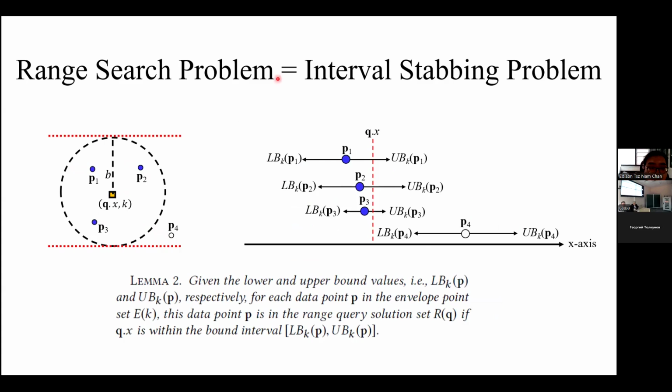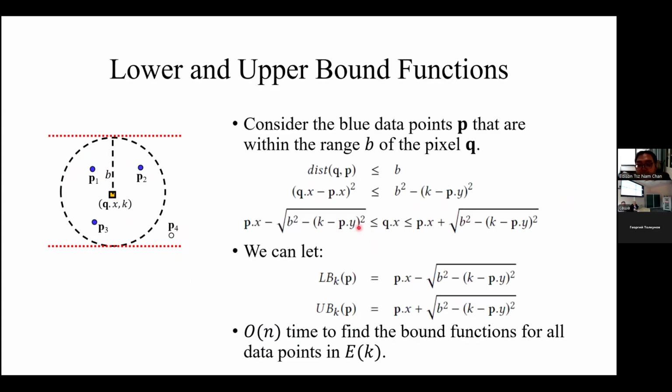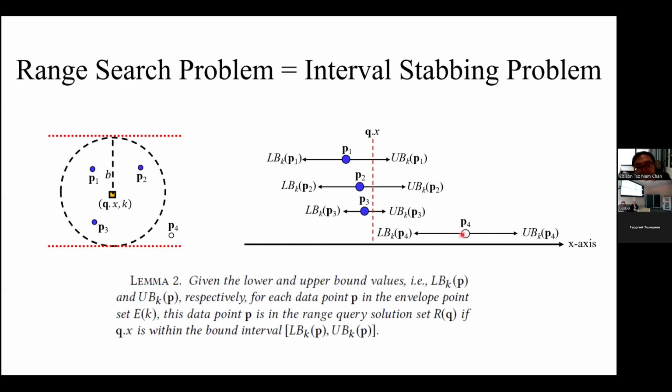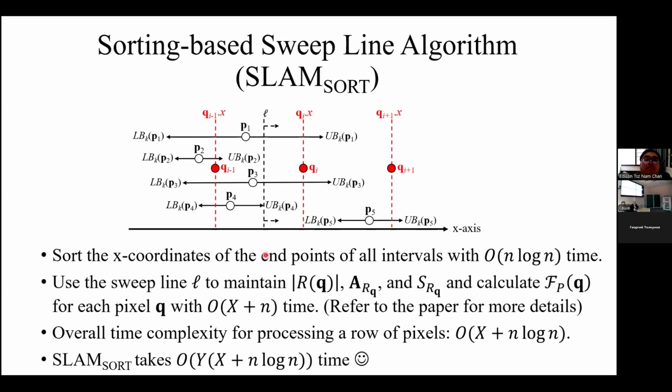All right. If all those data points are within the circle, then you know that this inequality holds. Then that means the LB and UB, that means Q dot X is within this range, right? And if P dot P4 is outside this circle, then this inequality must not be fulfilled. So this is outside, right? So we can convert this problem to another problem, and then we can use the sweep line algorithms